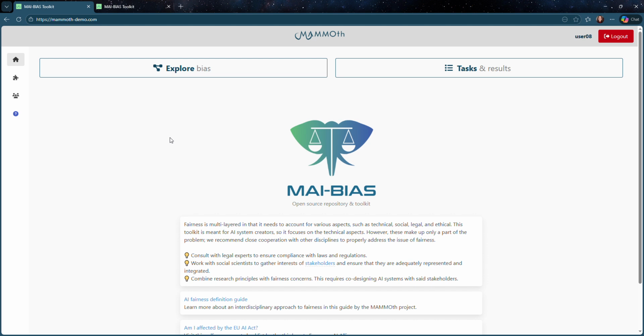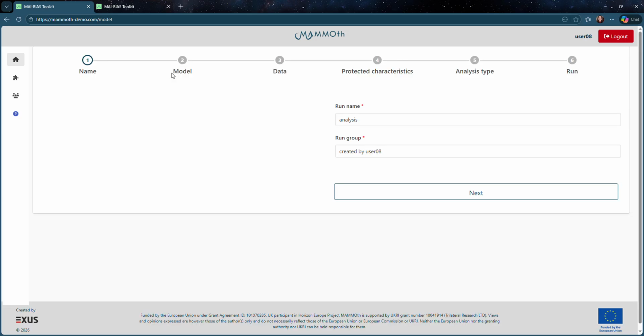The workflow shown here includes dataset loading, feature and protected attribute selection, and the execution of the toolkit modules used for dataset bias analysis. This helps users detect subgroup imbalance and identify early fairness risks before moving to model training or model evaluation. We will start by defining the name of